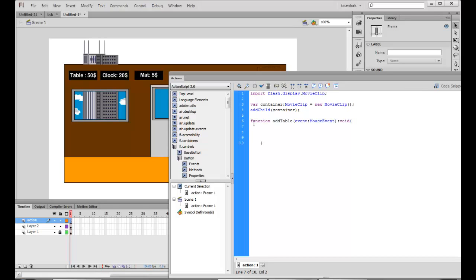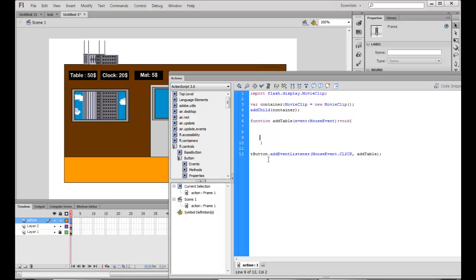Now, once I click this, I add an event listener, to whom I will add this event listener to the T button. So my T button dot addEventListener, it's going to be MouseEvent.CLICK. So whenever I click on the T button, I want the addTable function to run.